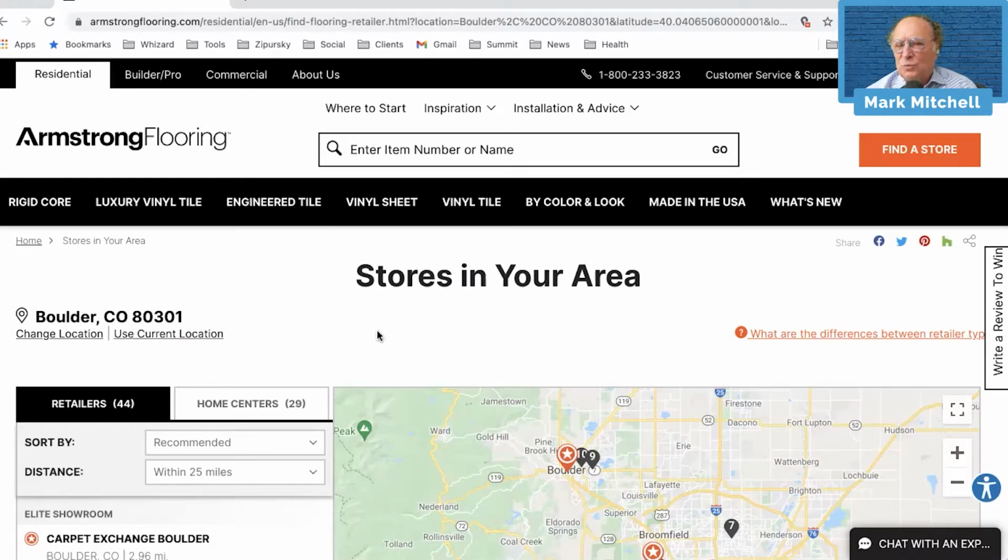One of the things I've learned, and I learn something from every locator I look at, is this space here, I'll call it the header of the locator, and it simply says stores in your area. I see a number of companies have started to use this space to call out, like, we only sell to good stores that understand flooring and your needs, or just some statement about why I'm looking here, as opposed to it's just anybody. Now, I'm really excited to see